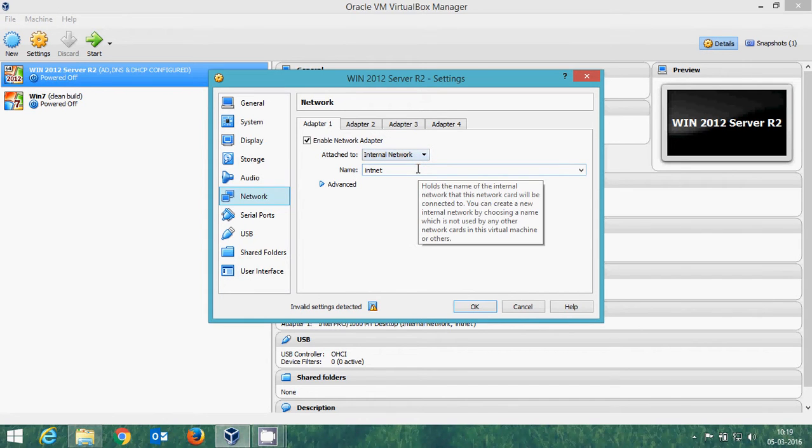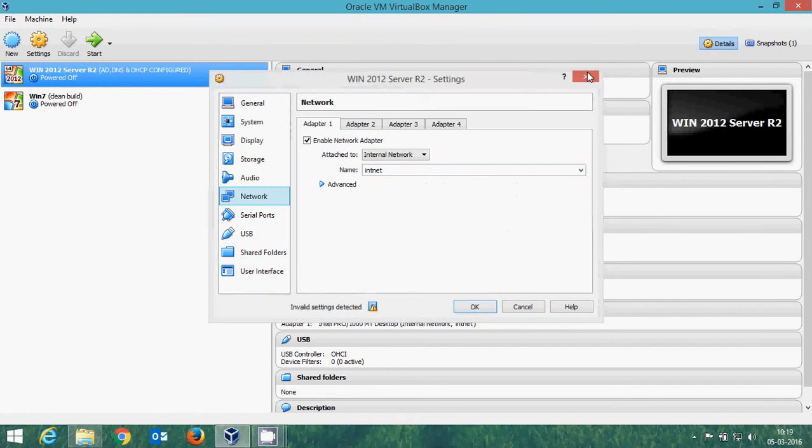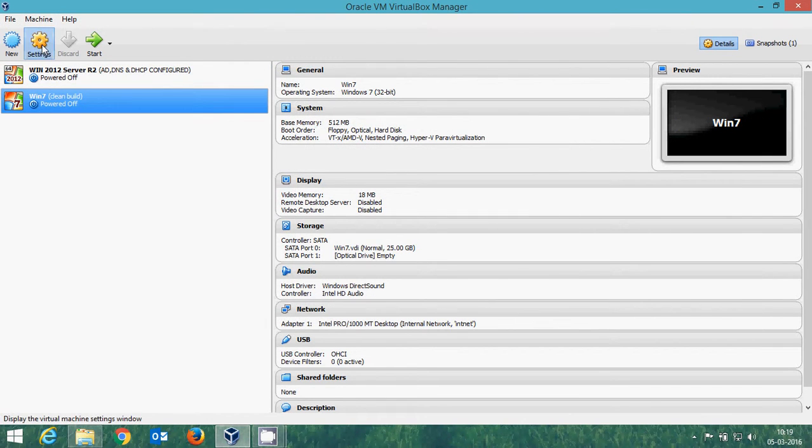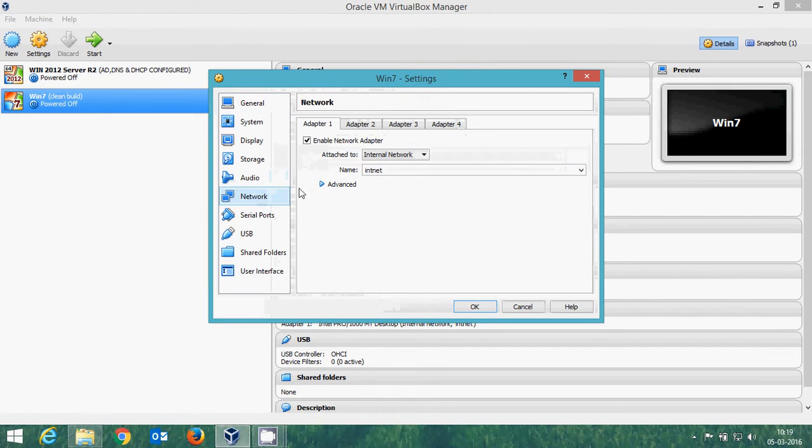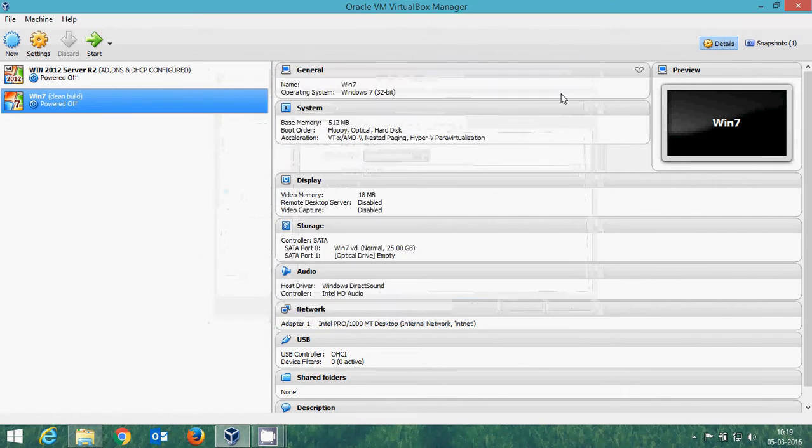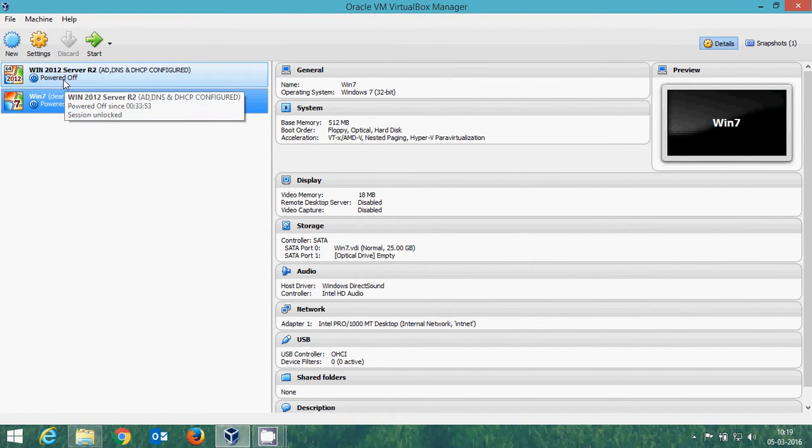So create your own internal network with some name. I just gave it a name here, and ensure that in the Windows 7 client machine the network is also connected to the internal network. Okay, so now I'm just going to switch on those two machines,